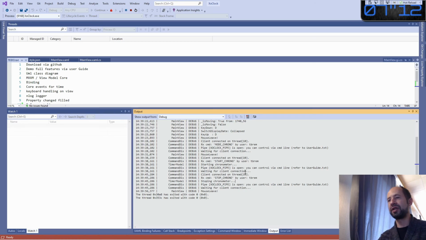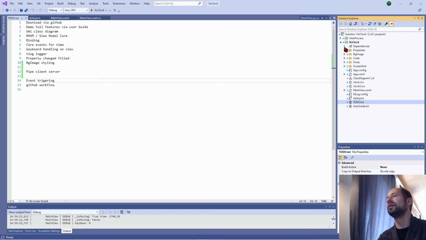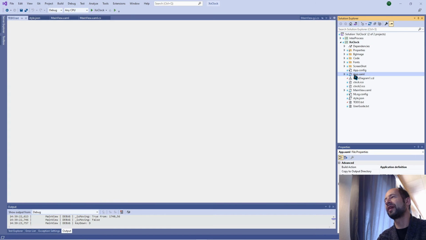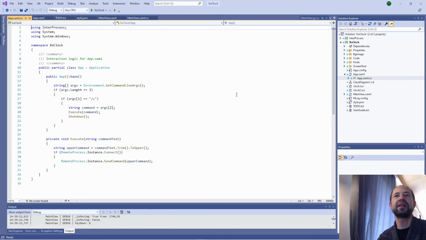So we are here inside the process and we are receiving some commands. This is done via inter-process communication, which is named pipes. Let's look first at how the consumer is handled. I'm going to open the startup file, which is the XAML, and look at the code behind of the app XAML.